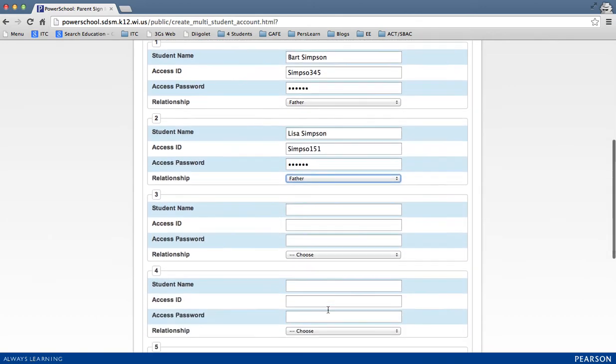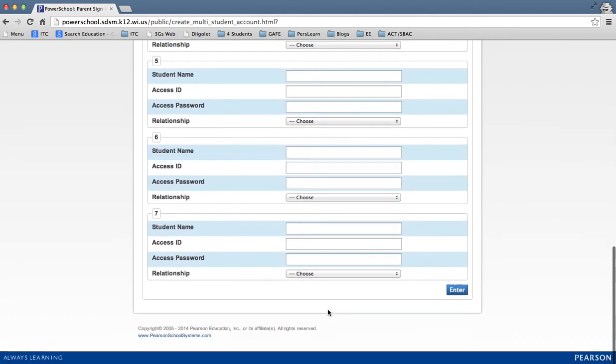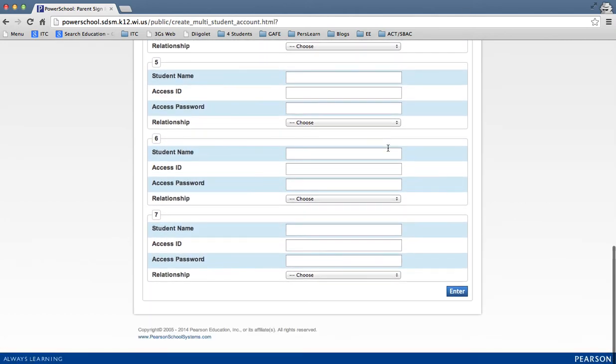Once you've entered all your children, and by default it has up to 7 that you can enter,